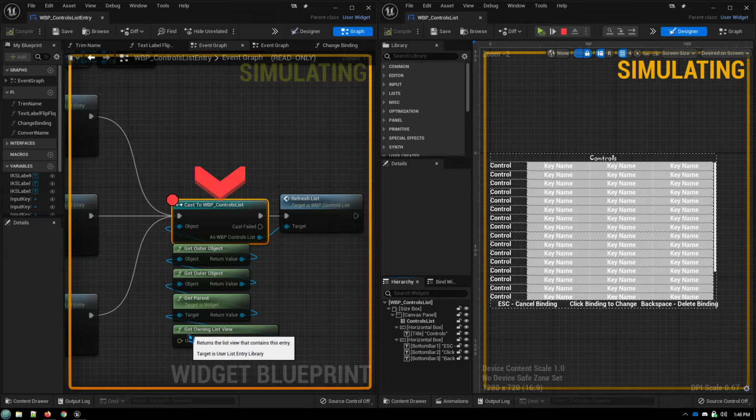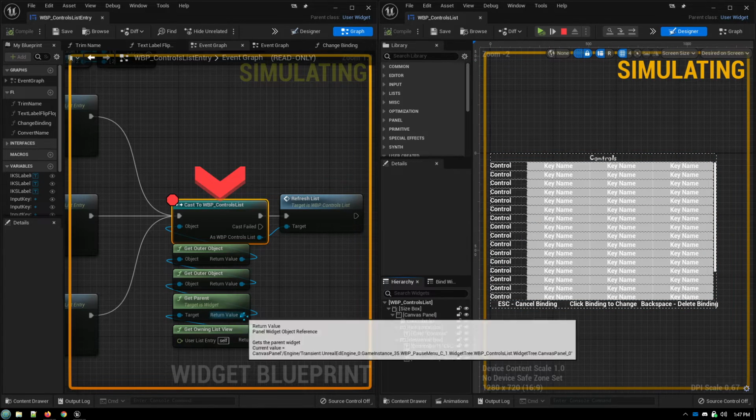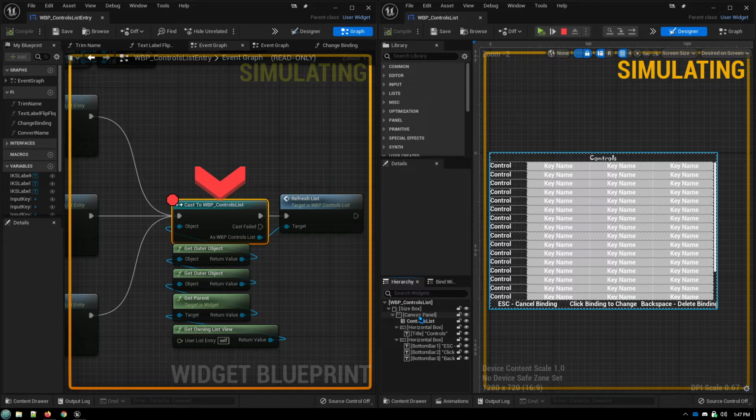So this first reference that you're getting, get owning list view, returns the actual controls list element in the designer, not the widget, just this element. And then when you get the parent of that element, that returns the canvas panel that the controls list is in. Then you get outer object, which is the root of the hierarchy of your entire designer